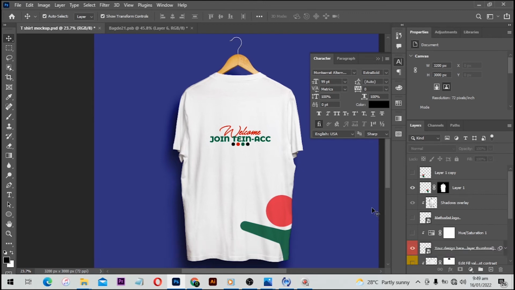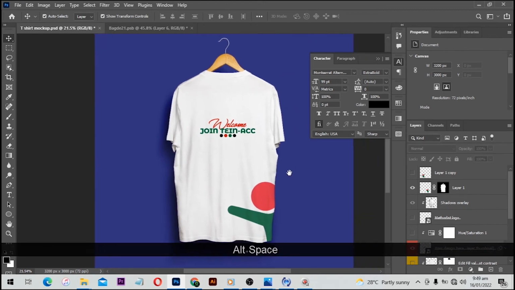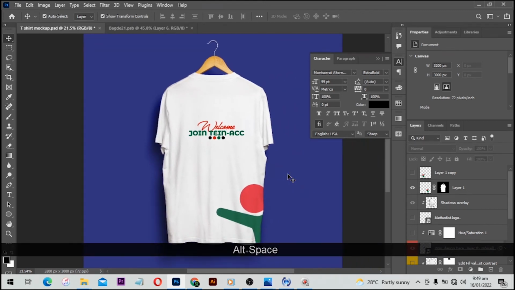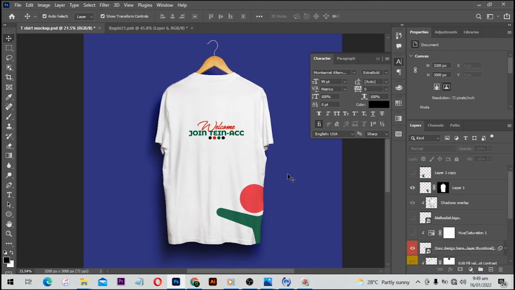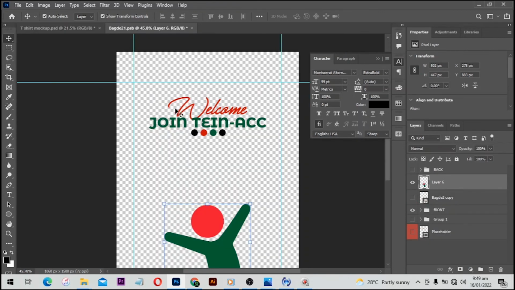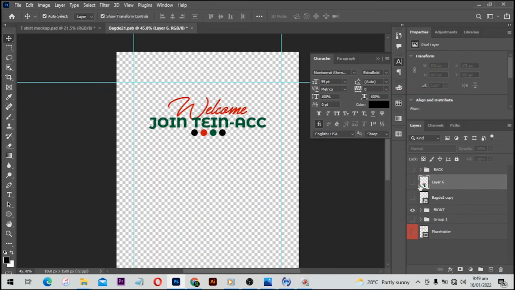Next, we are going to do the same thing to the back. So with this one, we can save this one as the front, and then when we apply it to the back, we are going to save it as well. So from here, I would like to hide this and open up my design document, and I'm going to hide this, and I'll hide the front as well. Then turn on the visibility for the back.